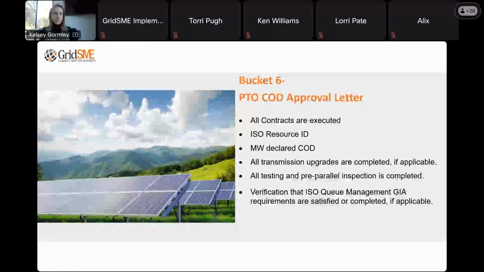Prerequisites for this letter, again, not too dissimilar to what we'd be looking for from a sync letter: all contracts have to be executed in place, including retail agreements, like I just mentioned. All testing and inspections that they require need to be completed. You will need to complete any RTU testing with their utility team.